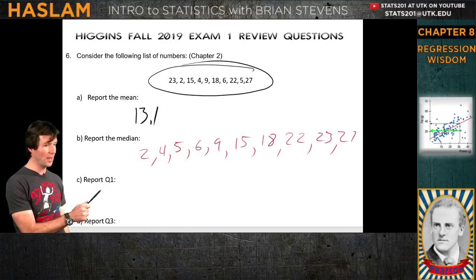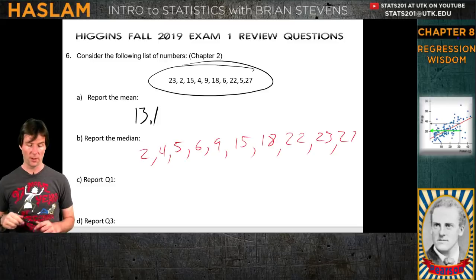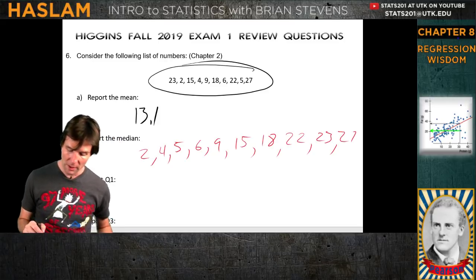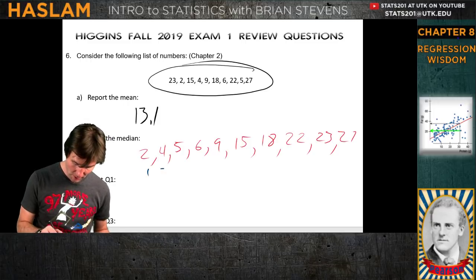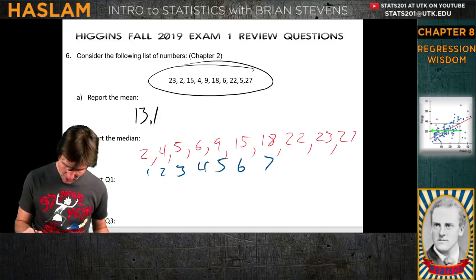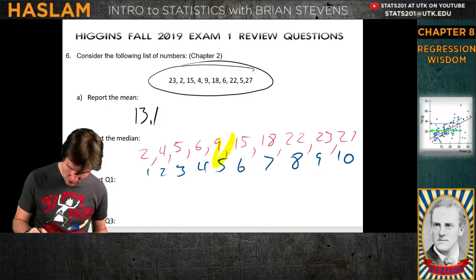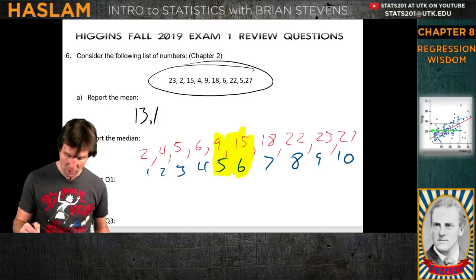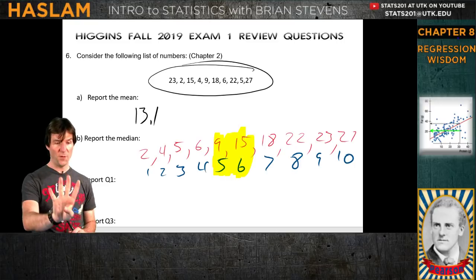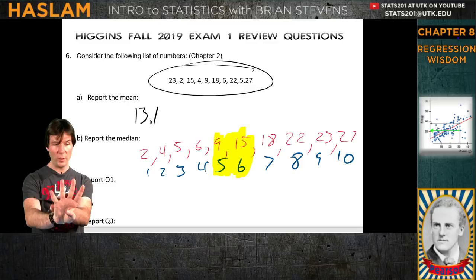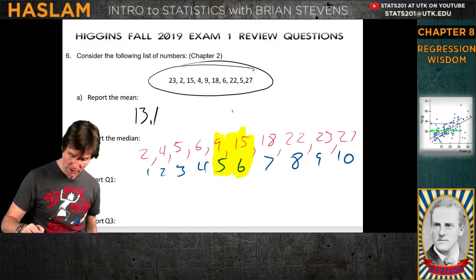You should have 10 numbers written out. So you look, do I have 10 numbers? I have 10 numbers. Are they in order? They are in order. So now, since there's 10 numbers, there is no middle number. So we have to go to number 5 and number 6. You have 1, 2, 3, 4, 5, 6, 7, 8, 9, and 10. The median is going to be between these two numbers because there is no middle number. If you have 5 numbers, the middle number would be the third number, but if you have 4 numbers, the middle would be between the second and the third. So you can see right here that this is the middle point of the data set.